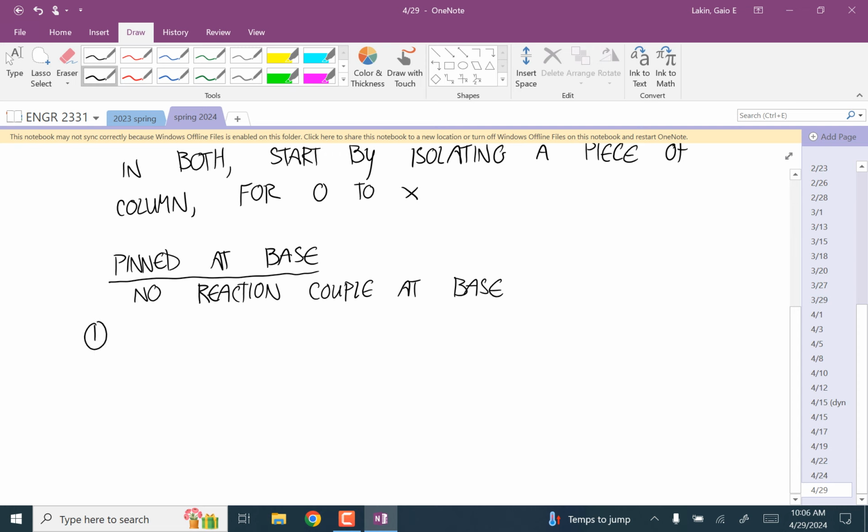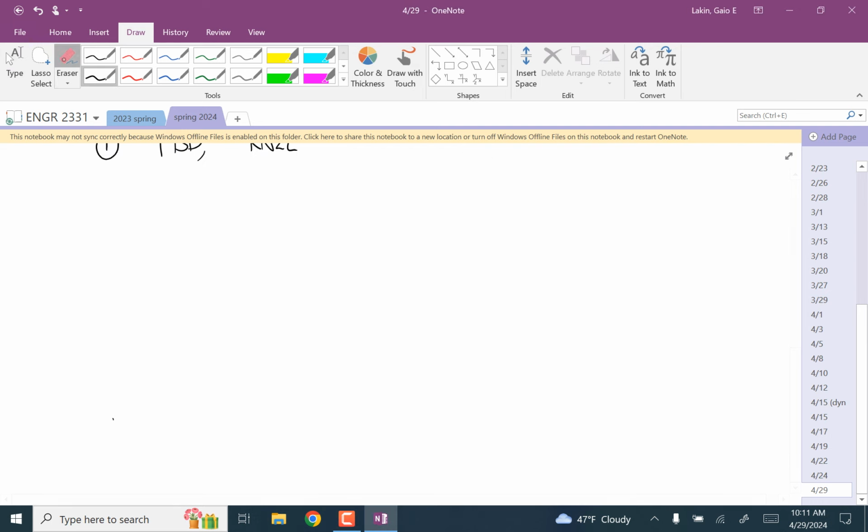So start out with a free body diagram of the piece of beam, and then go to the moment equation, the rotational version of Newton's second law, okay? So the free body diagram I usually draw for this